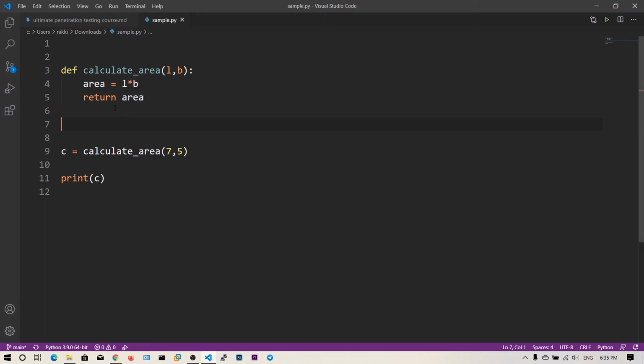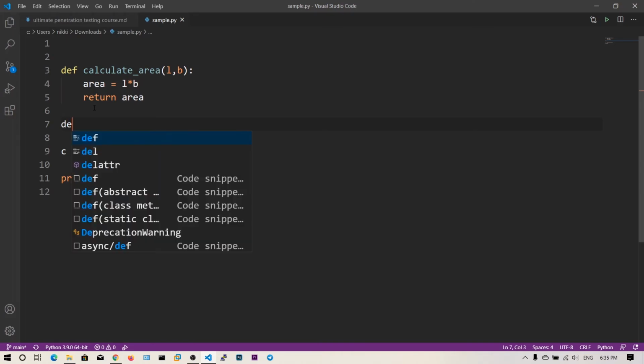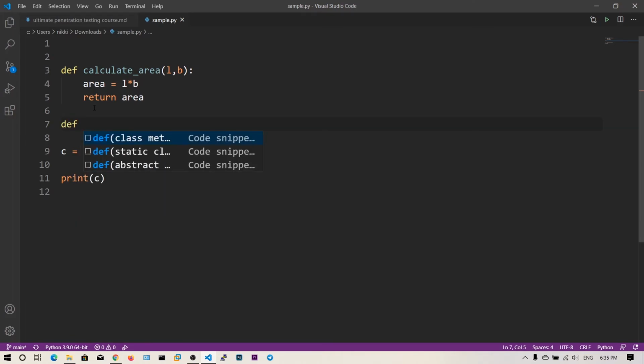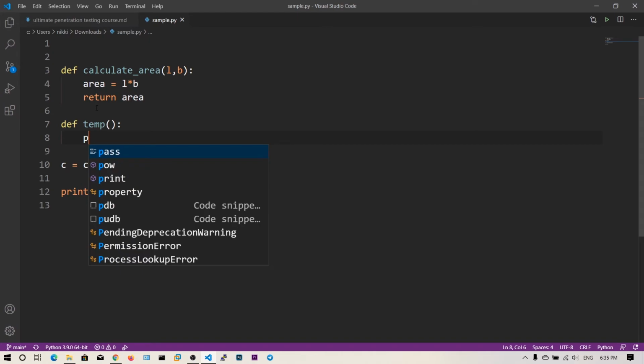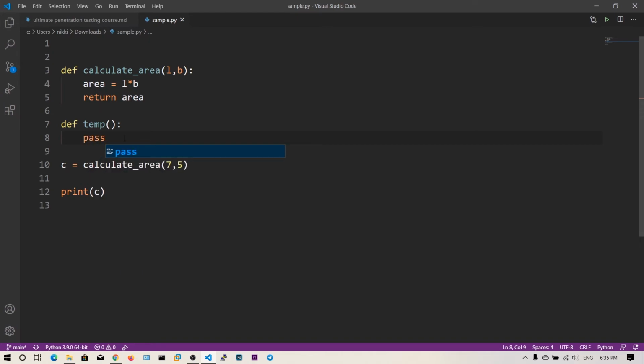Suppose you want to define some function and you do not want to assign any value, or you want to leave that for future purposes. Then what you can do is, let's say temp function, and then you can say pass. Developers use this pass to reserve some space for this function for future updates.